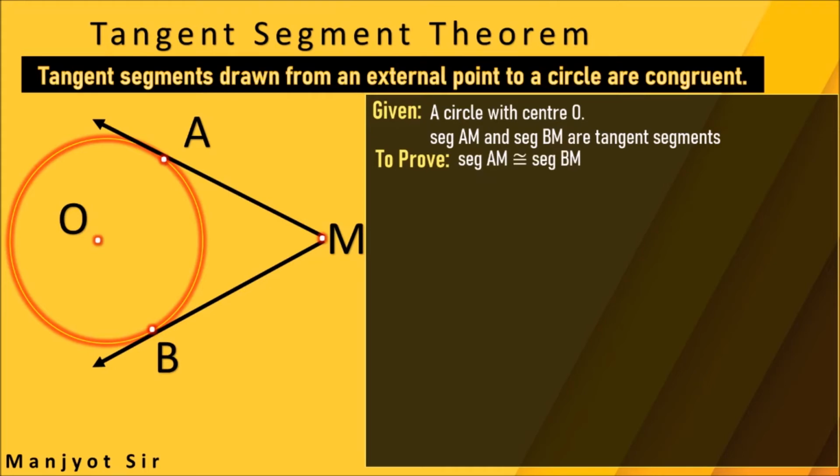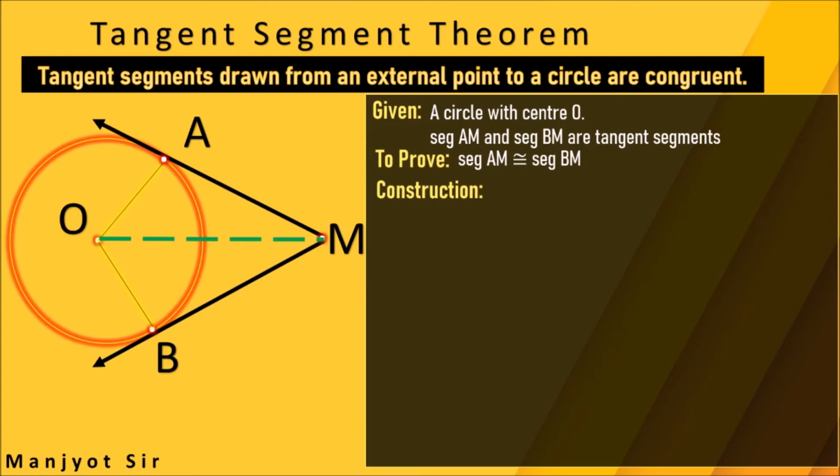Now students, if you recollect, whenever we need to prove two tangents, or two segments, congruent, we always prove two triangles congruent. That means here we need to somehow make two triangles, and once we prove those two triangles congruent, we can prove these two segments congruent. Now observe in the figure how we are going to get those two triangles. If we join OA and OB, these are two radii of the same circle. So we got these two segments over here. And if we construct OM, then if you observe carefully, we have two triangles.